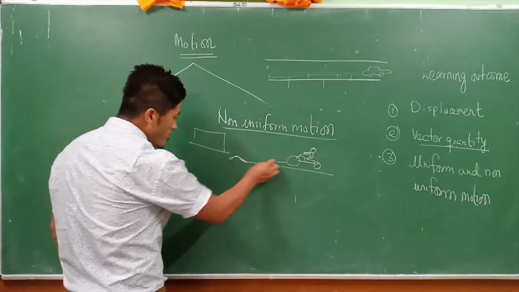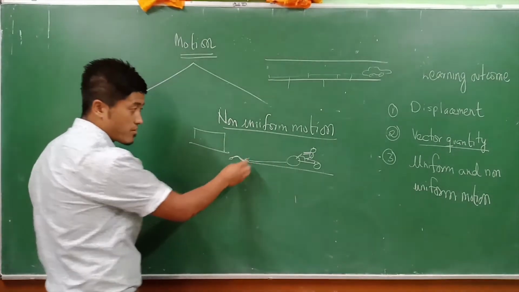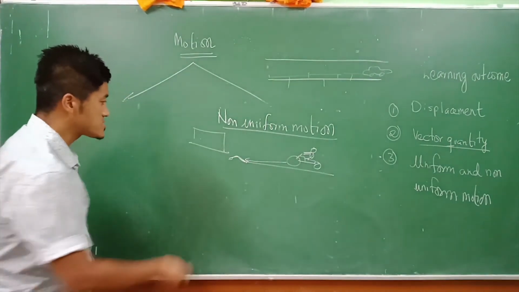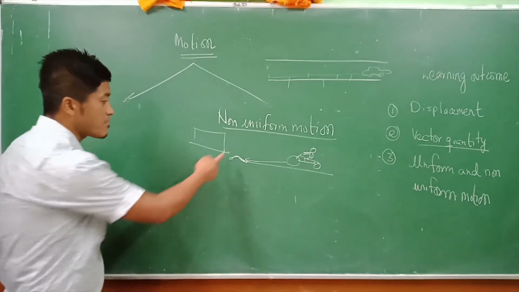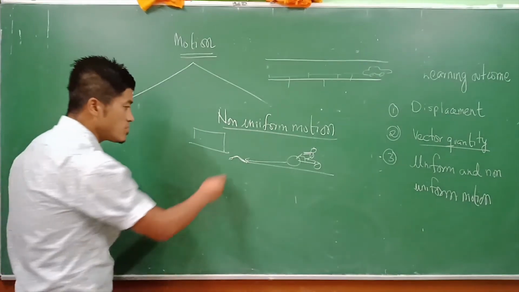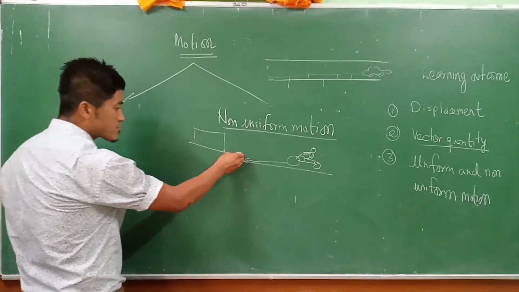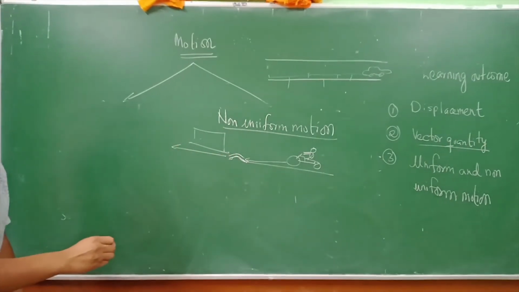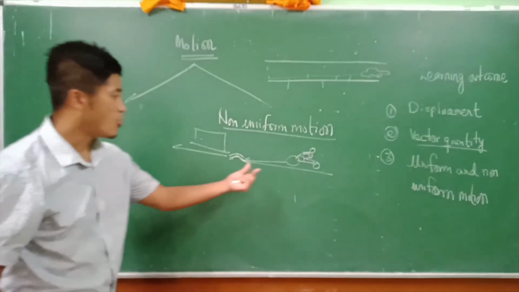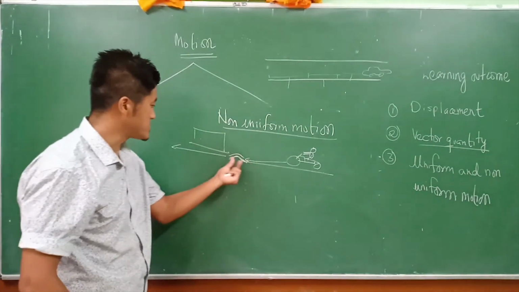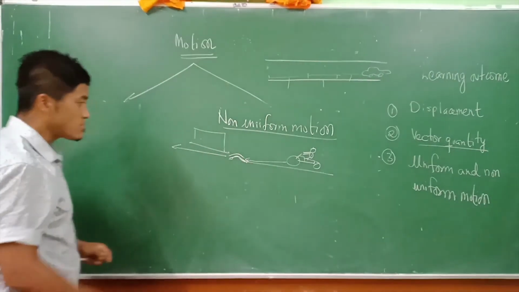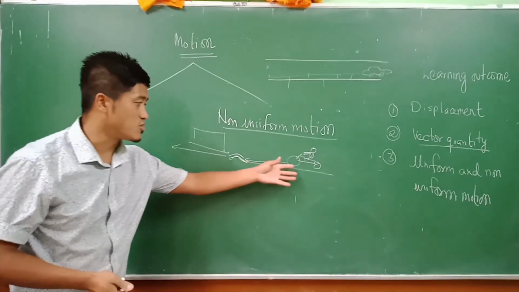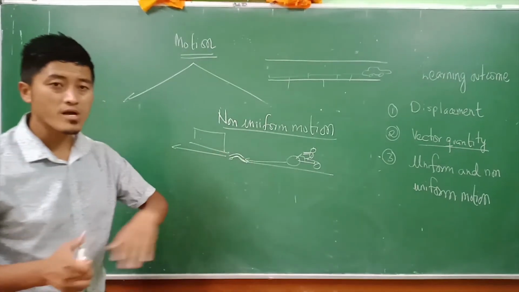Now, the moment he reaches this point over here, he has to reduce his speed. Otherwise, there is a big possibility that he might fall down. So, he has to reduce. The moment he crosses this speed breaker, he will once again increase his speed. So, there is a change. Over here, there is an increase, there is a decrease, then there is an increase. So, this kind of motion, normally we used to call uniform speed, but we are talking about